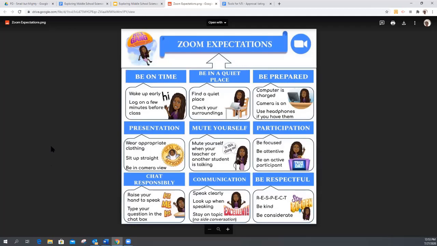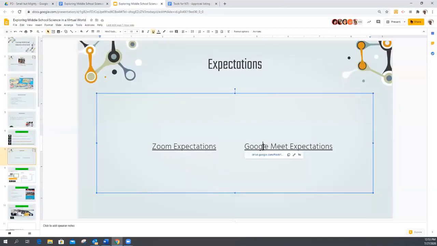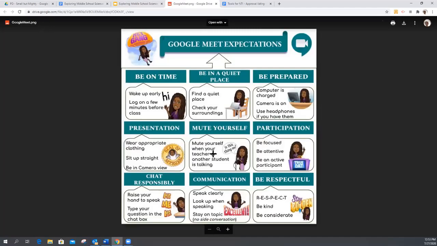Remember, last year when you were doing NTI, you were working with a group of kids you'd already had in the classroom. And so you probably had already trained them on your routines and expectations and so forth. So you're going to have to look for ways to work on those routines and expectations. There's just a couple of examples of these. That's one for Zoom. And then once again, I know that you guys use Google Meet. So here's one that you could use for Google Meet that looks pretty much identical to the last one, just with Google Meet.